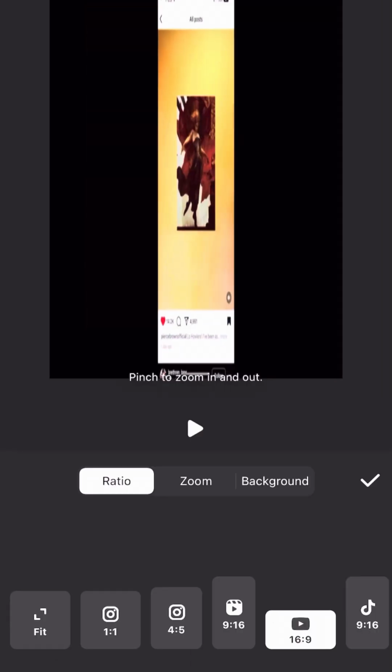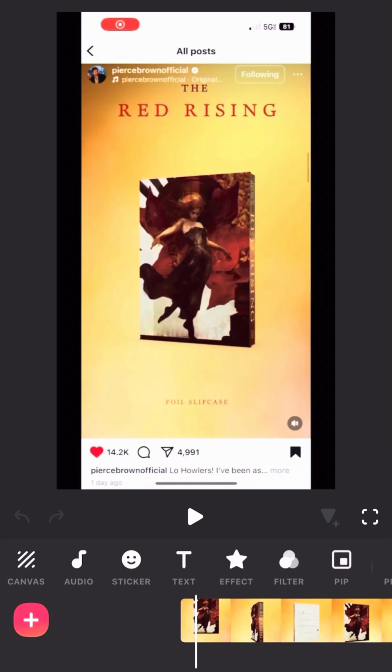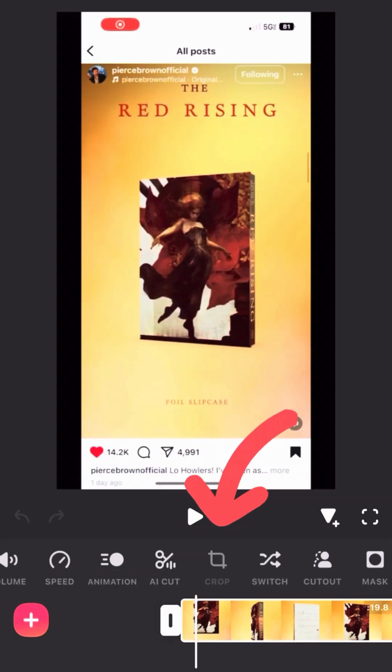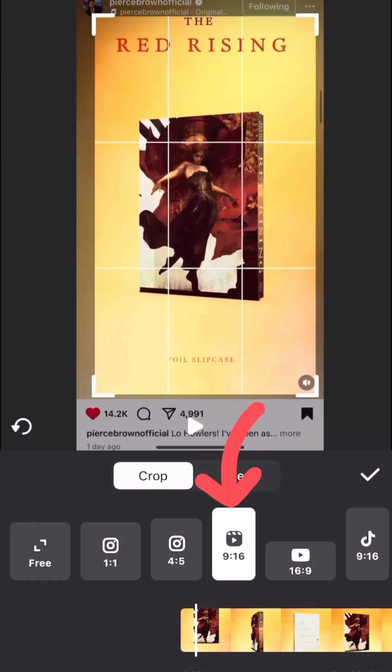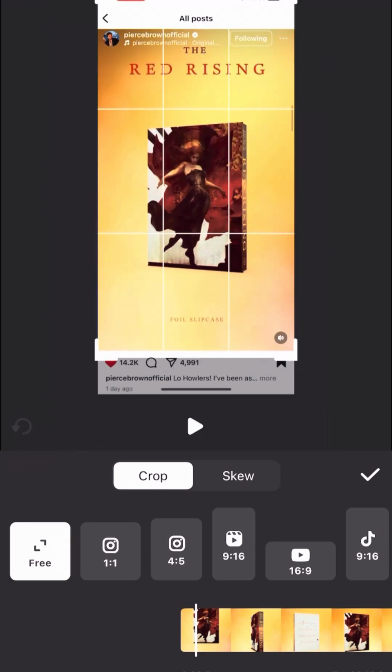Now you select the ratio you want to use. Obviously, for anything shorts related or on TikTok, you want to use 9/16. Now on InShot, you want to go to the right and use the crop tool because you want to get rid of all the extra nonsense in the video. In some cases, you may want to use the 9/16 format, but it may cut too much out of the video, in which case you want to do it free and create a background